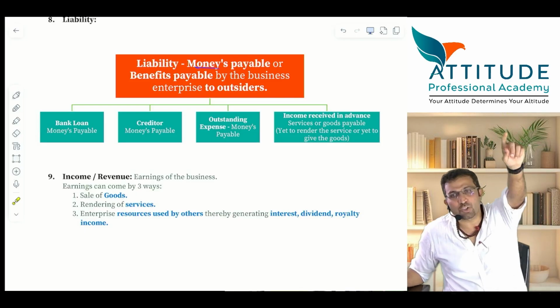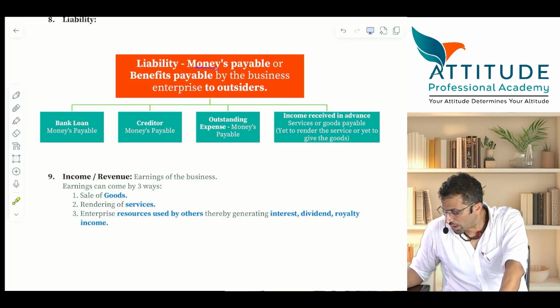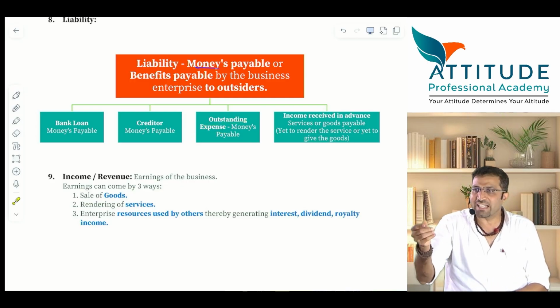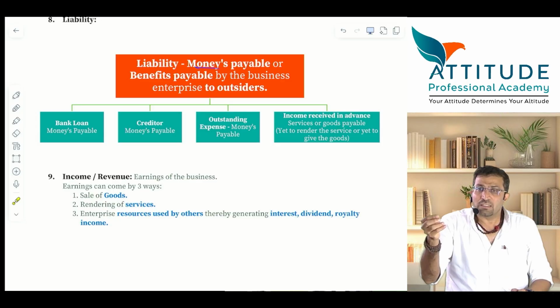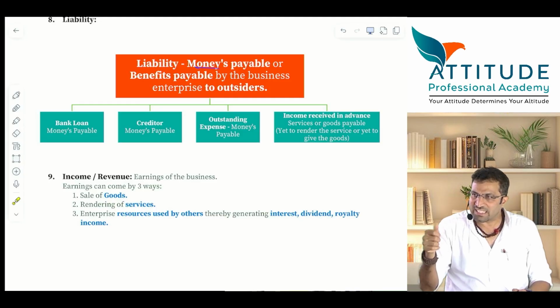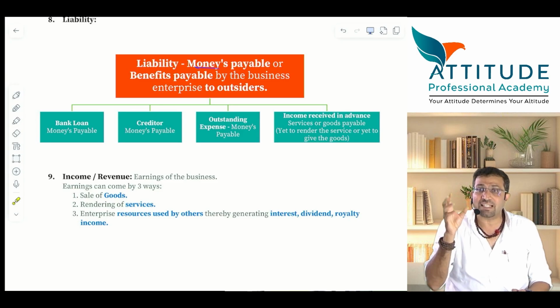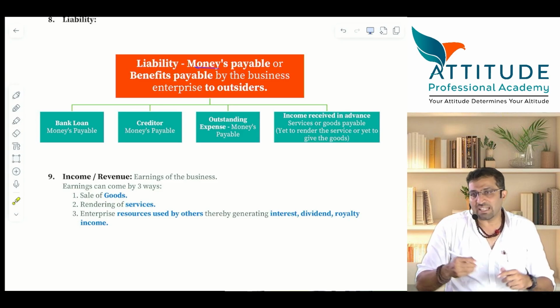Okay, anyway, understood? Next, what about outstanding expenses? What do you mean by outstanding expenses? Outstanding expenses means you have incurred the expense but have not yet paid the money. Not expenses: expenses means any expenditure incurred in return for a benefit. Outstanding expenses means your expense has been incurred, but you have not paid the money yet. Like, for example,